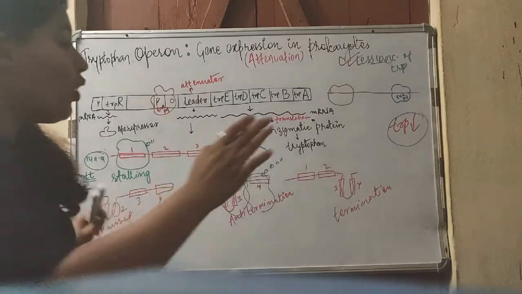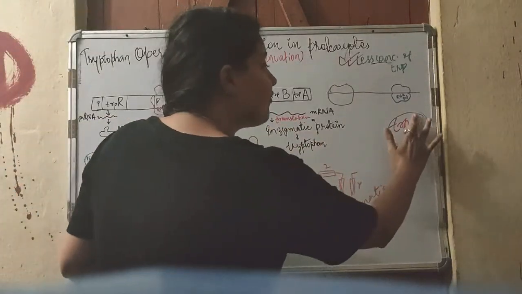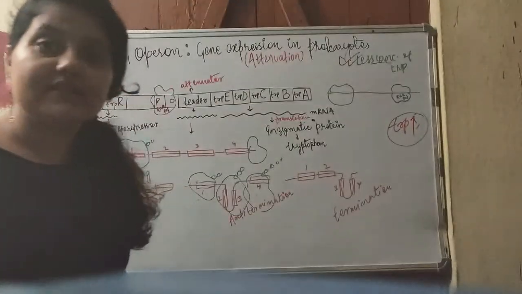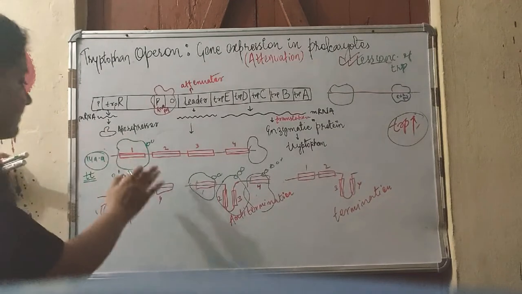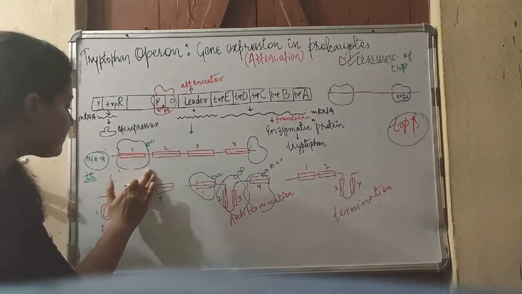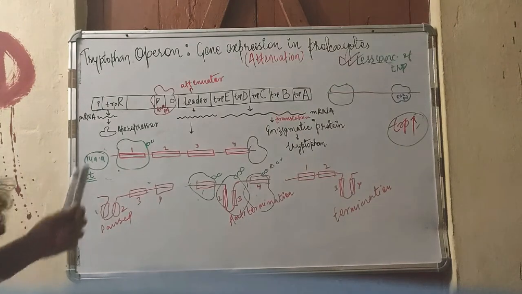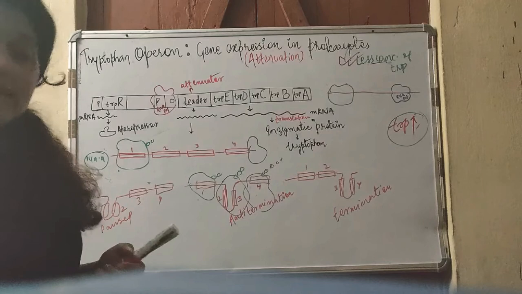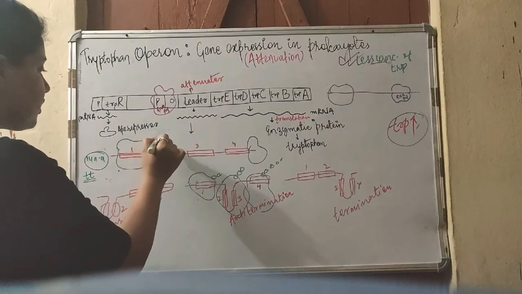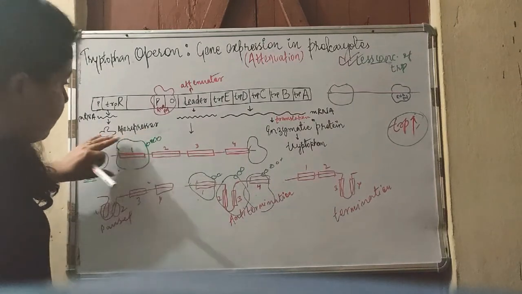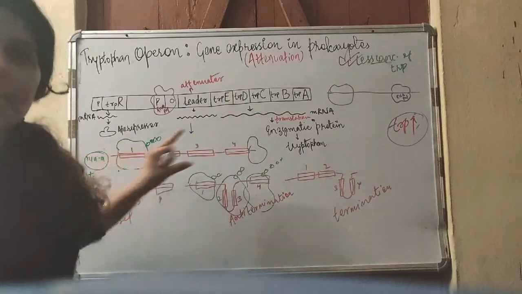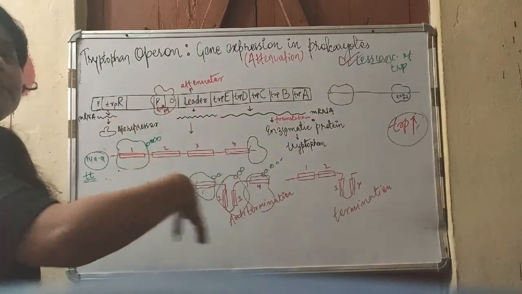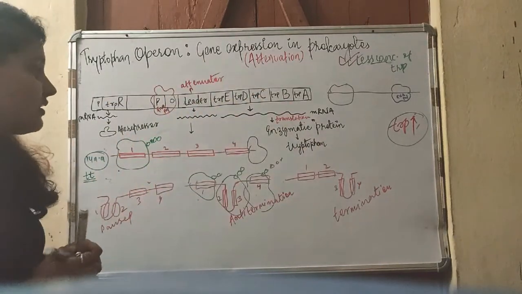Alright. Now when the level of tryptophan is high in the cell, what happens? This ribosome will not stall in the sequence 1. The ribosome does not stall in the sequence 1 because there is excess of tryptophan in the cell. So it will come one by one in a very speedy way, and this will pass. And the ribosome will synthesize the polypeptide chain in very numerous fold, and when there is excess of